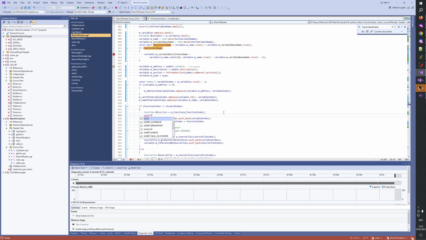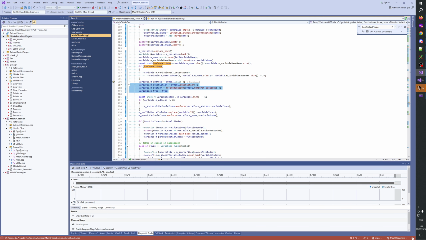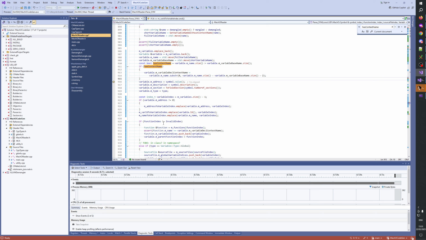Let's put an assert here. Function dot m name equals variable decl context name, right? I expect that this will be always true. Yeah, good. Let's put that together. Maybe we move. Yeah. Okay, and then here we say